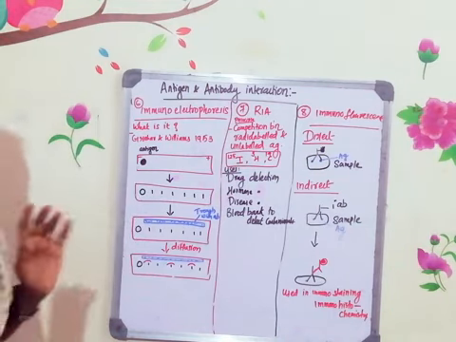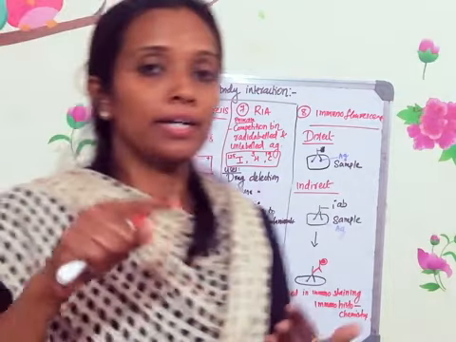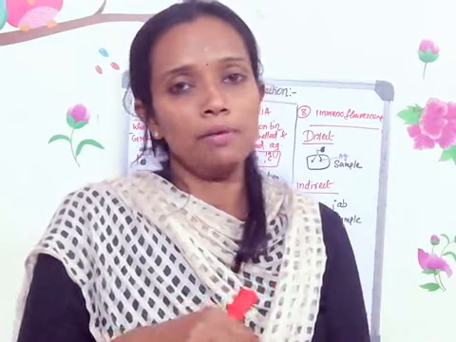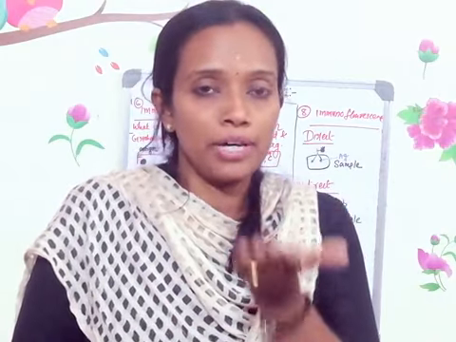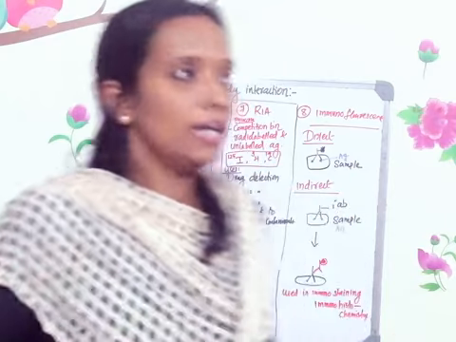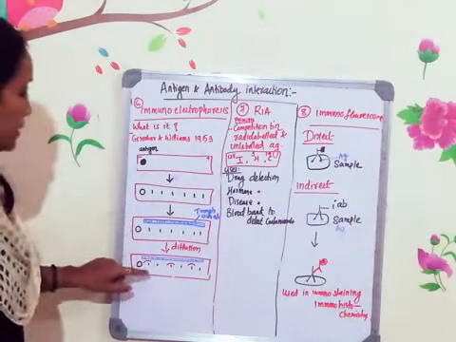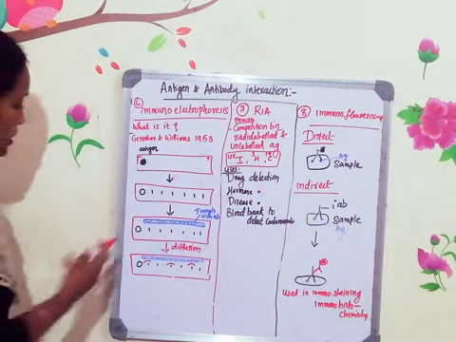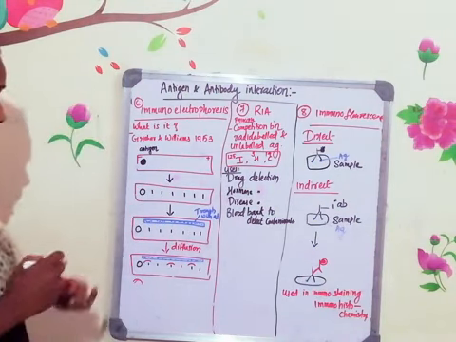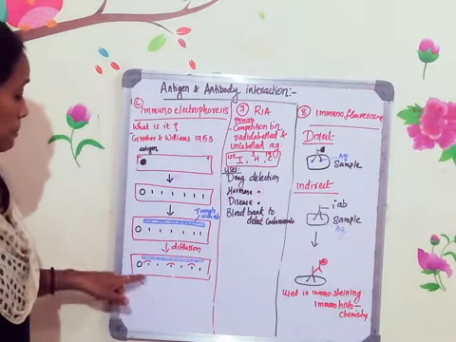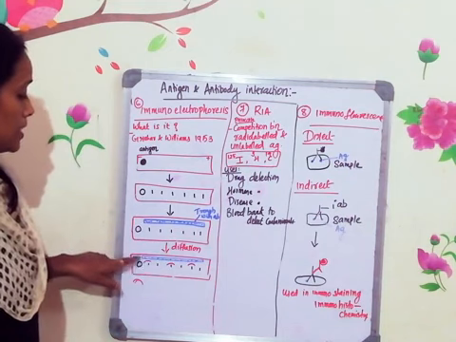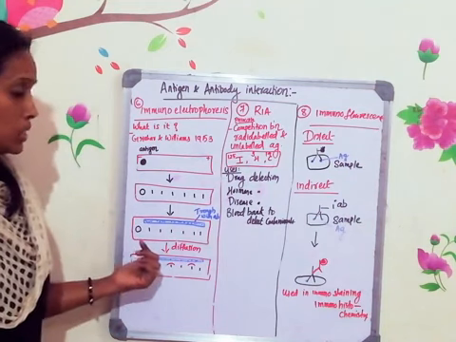Once the electrophoresis is done, on the glass plate you have to make a trough by cutting the agar, and in that trough you have to put the antibody. Carefully keep the plate in the humid chamber and leave it overnight. Next day, wherever you observe the precipitin arc, this kind of precipitation is known as the precipitin arc. Wherever the precipitin arc is there, that indicates that this particular person is infected with those antigen or antibody.